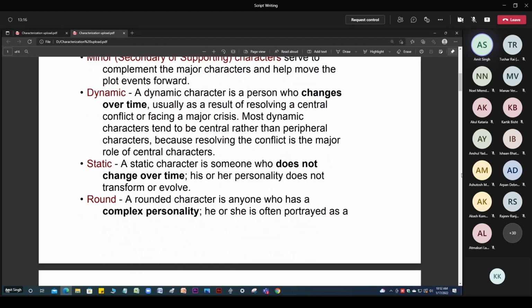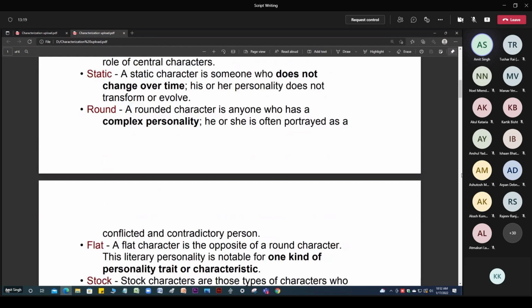So round character and flat character. To understand round, we should go for flat first. Flat means nothing ups and down, nothing changes. Flat means you can predict, you can define the pattern. Okay, this pattern would be for this character. Flat itself is saying there's no ups and down, there's no changes. So round is opposite to that. If you know what a flat character is, then round is the opposite. So you can again define this character as round or flat.